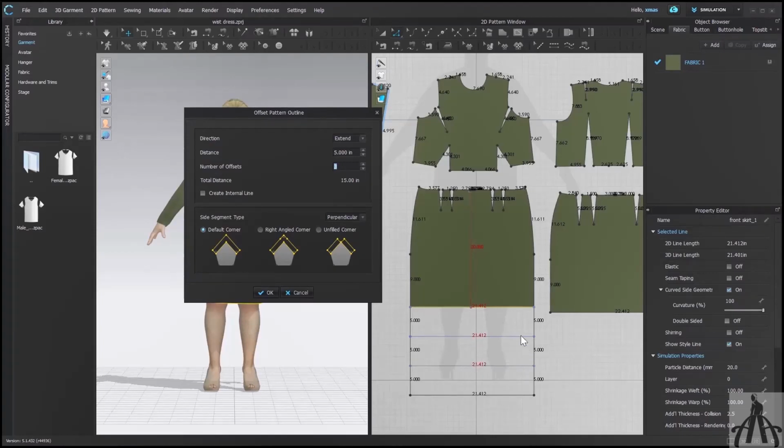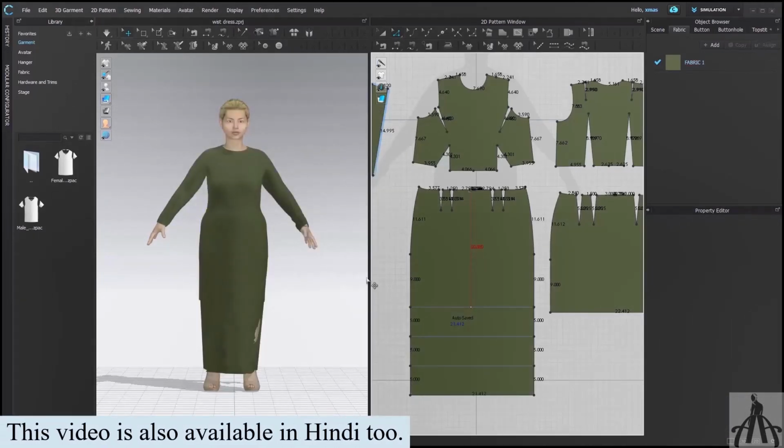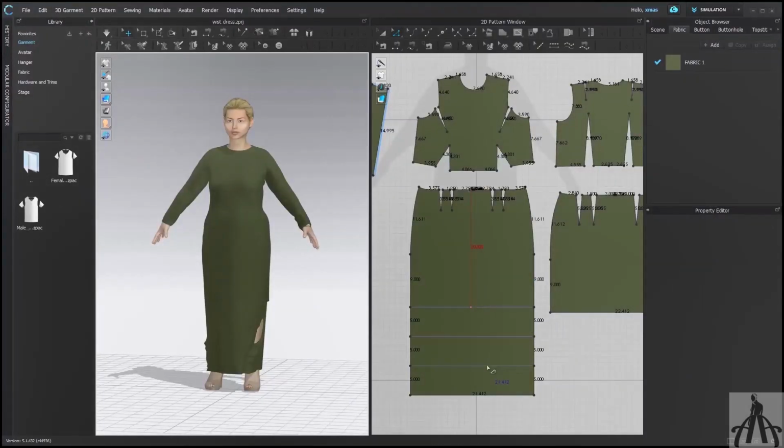So our previous line that was pattern outline will turn into an internal line, and the line which is in black color in the end is the main line of our pattern now. These lines are currently available as a baseline in this pattern along with our old pattern line. Now we have our long dress ready, right? But for now, let's go back to our old design.